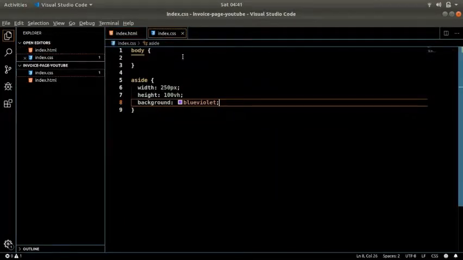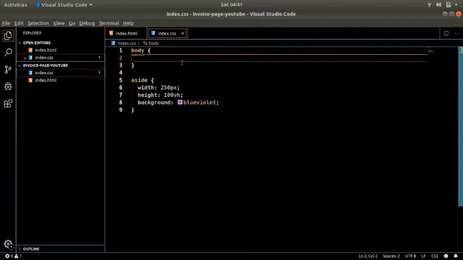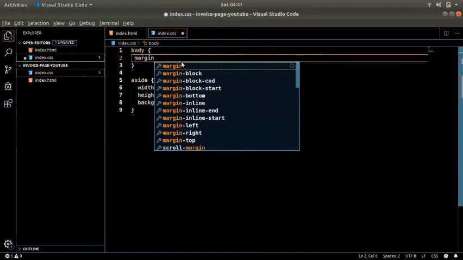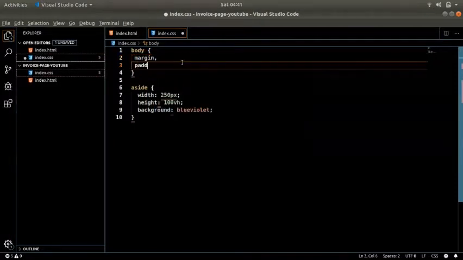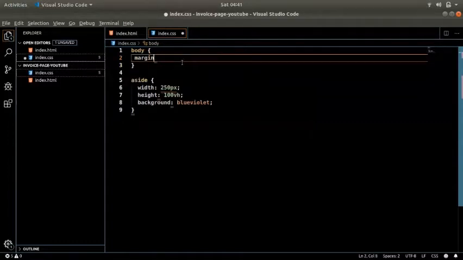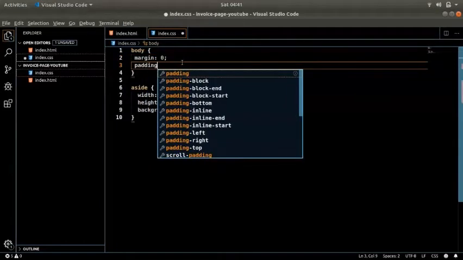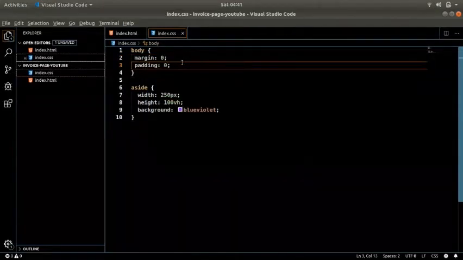So what we will do is we will go to the body, because body is the main container of the entire page, and we will say margin 0 and padding 0.